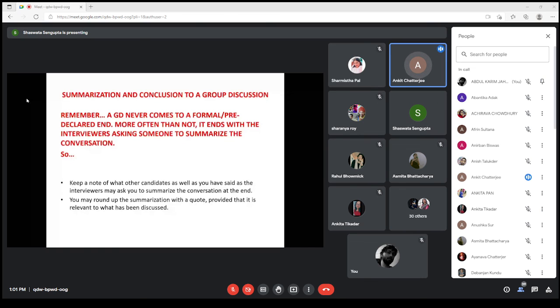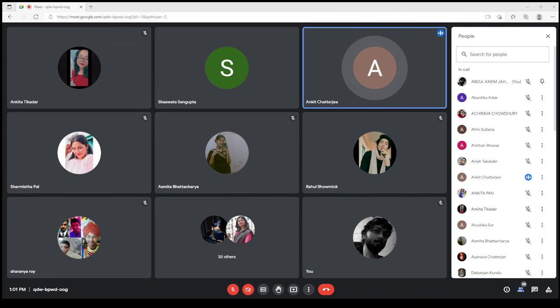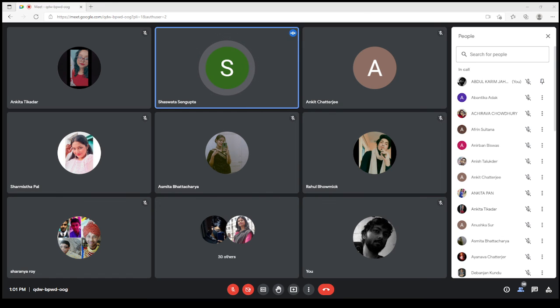So can we use hand gestures to emphasize on a point? What kind of hand gestures are you talking about? Sir, like raising our hand to emphasize on a particular point. Yes, you can use hand gestures, but as I told you, whenever you're using your hand gestures, try to make sure that the palm of your hand faces the audience for most of the time. Okay? Okay, sir.